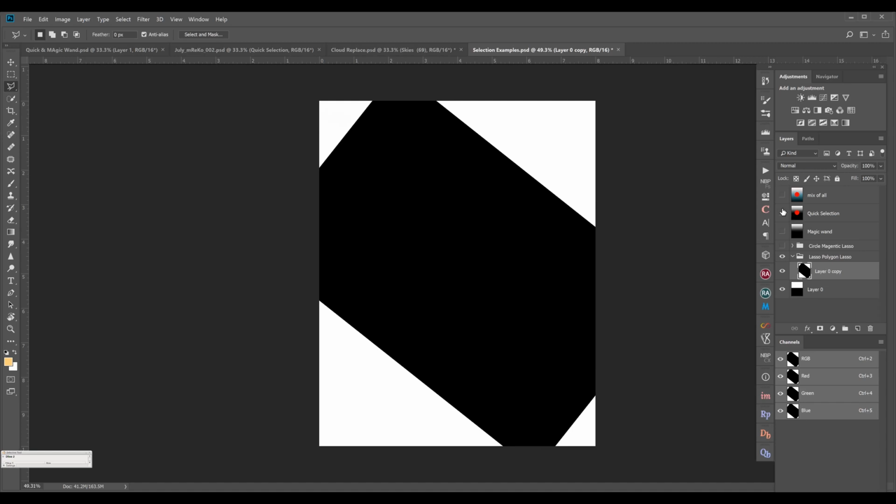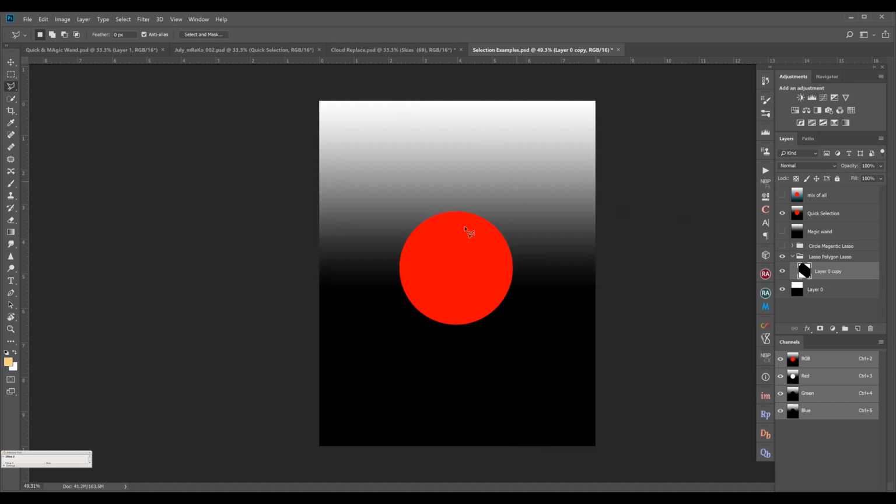Now, as I said, for selecting the circle, there is another tool called the magnetic lasso tool. What this magnetic lasso tool does is that it will apply anchor points around the areas where there is a sharp separation or sharp line.